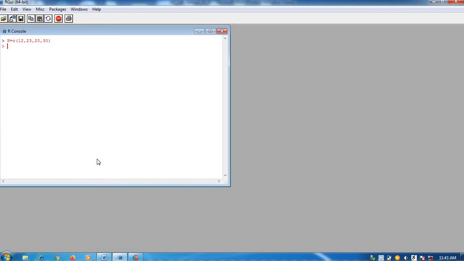The simple way to plot a bar plot is just to pass this capital H to the function barplot.